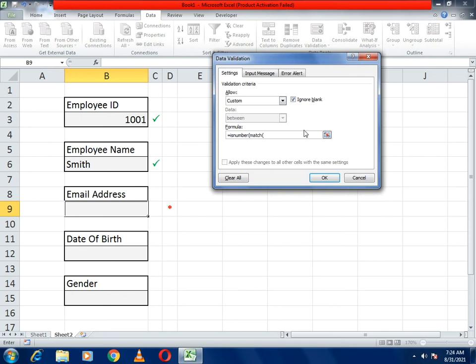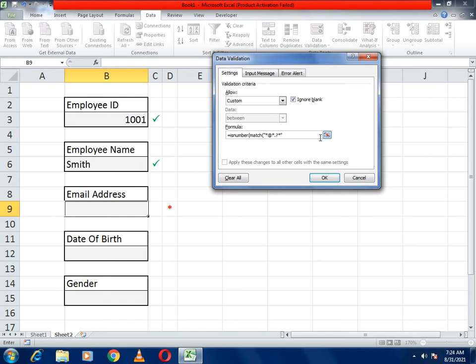So equals to ISNUMBER, bracket open, MATCH, and in this we need to write some characters: inverted comma, then an asterisk, then the at-the-rate sign, then again an asterisk, full stop, question mark, again an asterisk, and at the last we need to write an inverted comma,